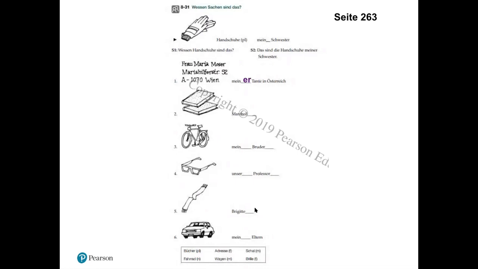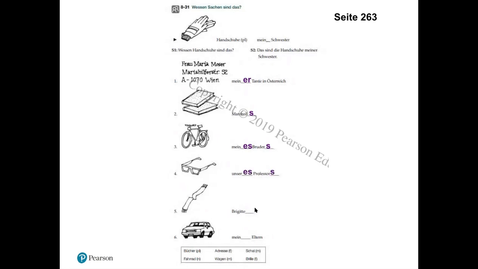Nummer 2, wessen Bücher sind das? Das sind Manfreds Bücher. When it's just a name, you just tack on an S. Wessen Fahrrad ist das? Das ist das Fahrrad meines Bruders. That's my brother's bicycle. Wessen Brille ist das? Das ist die Brille